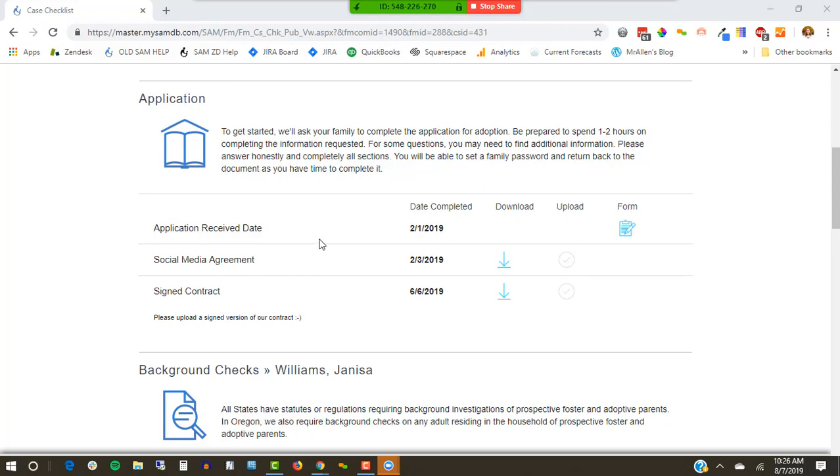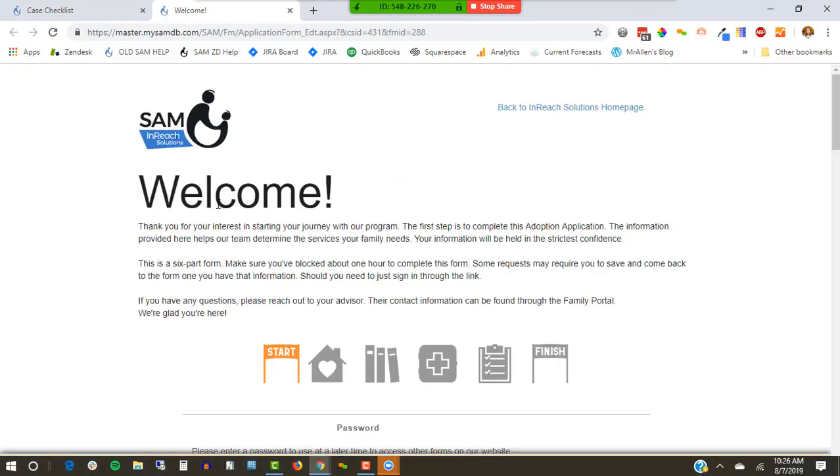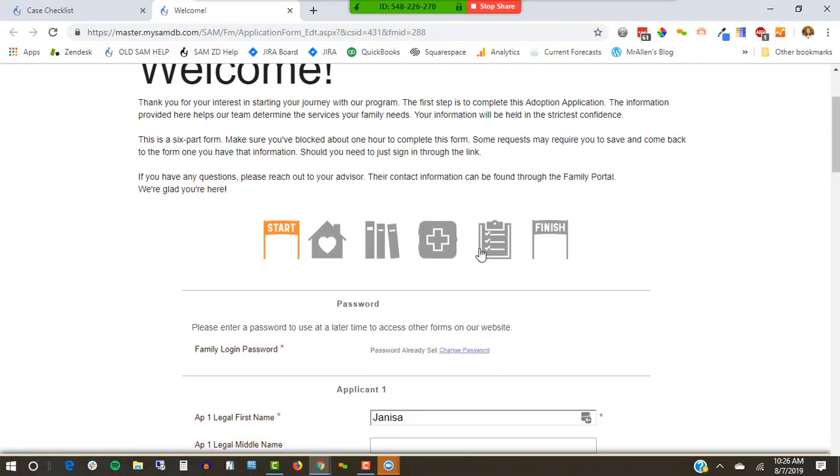These checklist sections, instead of having lots of different forms going down my family portal sidebar, I've linked the forms in the checklist, right? So they are things that we want this family to do. So I went through my application form as well and made it also consistent with the messaging. I have always loved this little icon set that I think just makes clearer what the expectation is, right? So as the family goes through this 6-part form,